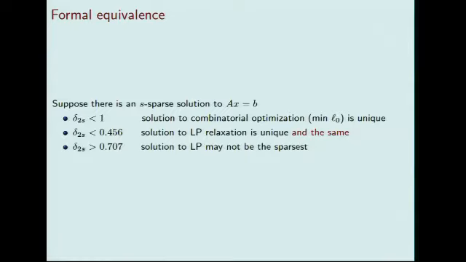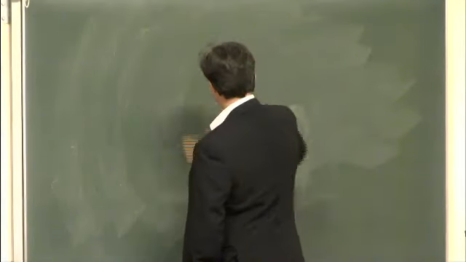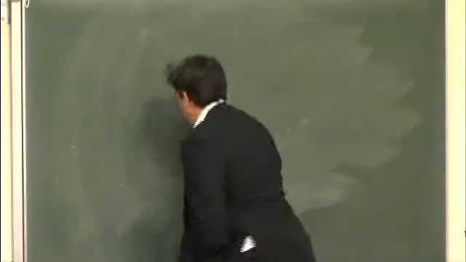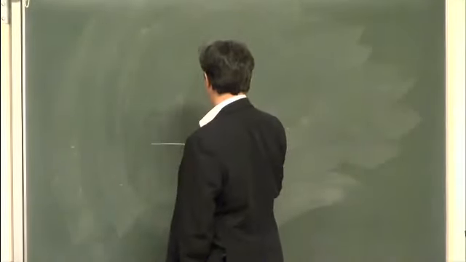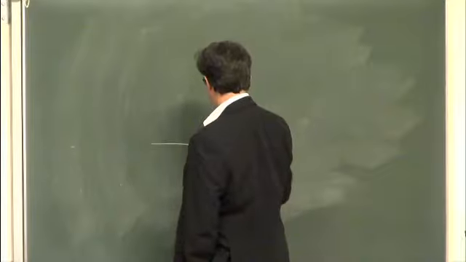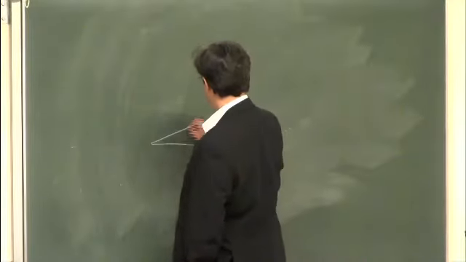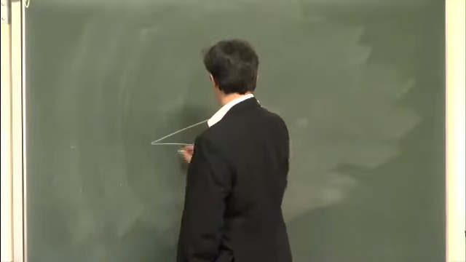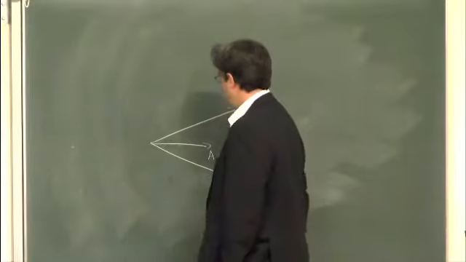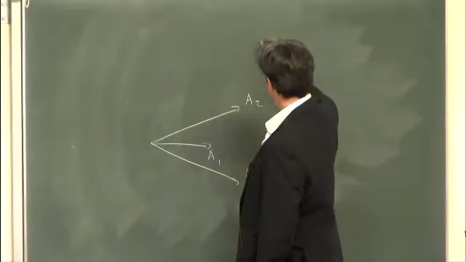In fact, you can see this geometrically, and you can actually calculate the value that will make L1 fail, and it's not difficult. So what you say is, okay, here's a column of A. Let's say I'm going to give you a column of A, which is this one, which we're going to call A1. And then let's say that we have two other columns, A2 and A3. Okay? And now I send you b equals A1.